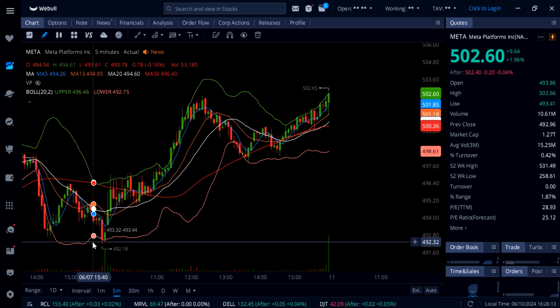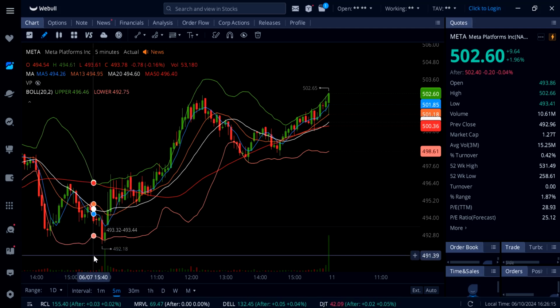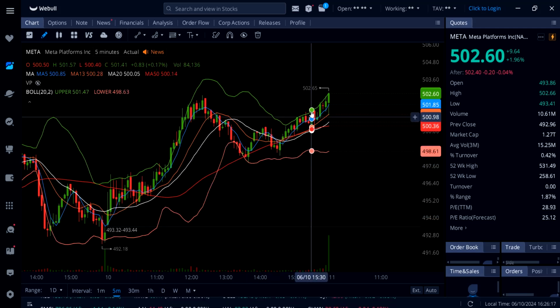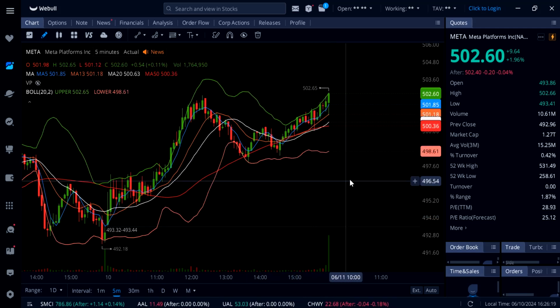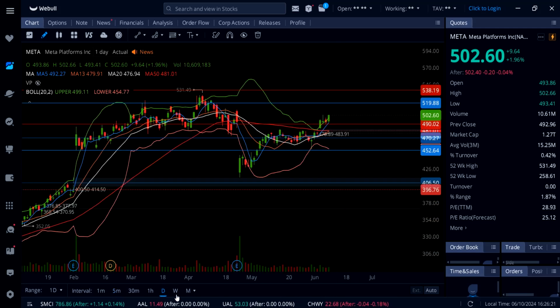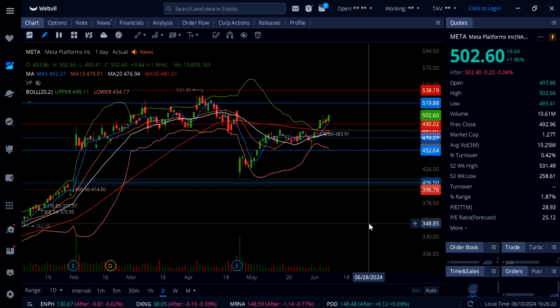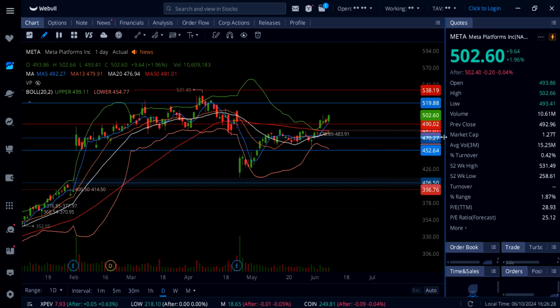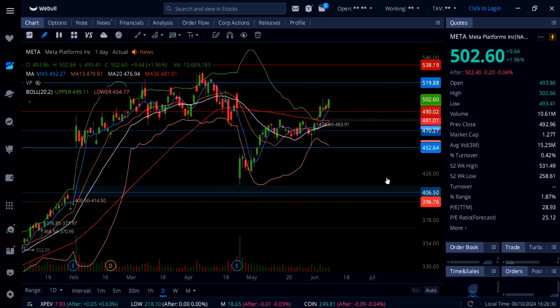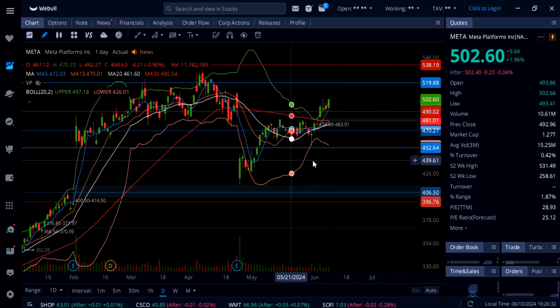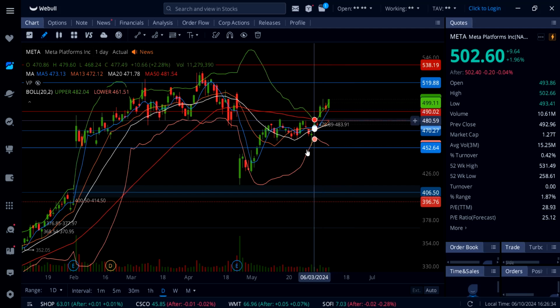From here, this thing exploded. Look at this move. This thing got up to 502.65 and now pretty much closing at the high of the day. So here on Meta, the next step, 504 to 505 and then 520. To the downside, strong support down here at 490. But if that gives up at some point this week, then watch out for 481, 50 SMA, and then this gap,